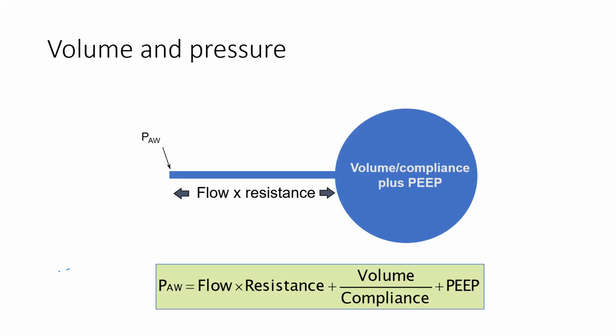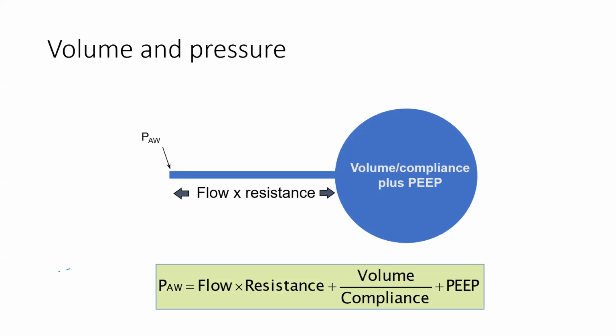The longer the tube, the higher the resistance, and inversely proportionate to its diameter. The bigger, the wider the tube, the less the resistance it applies. The narrower the tube, the higher the resistance it applies. So we understand that if you pump the air so quickly with a high flow, and if the tube is applying high resistance, then you will have to generate higher pressure to overcome this kind of